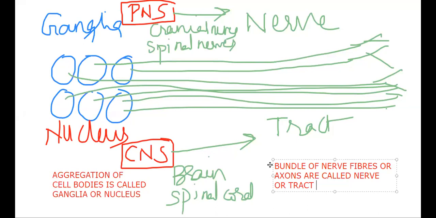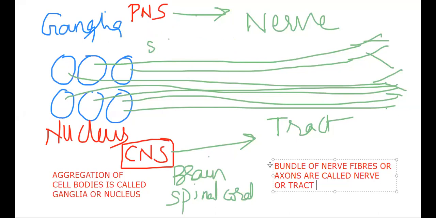Or else we can say the somatic and the autonomous nervous system in total. Why should we write like that? Not only cranial nerves, not only spinal nerves, but the total area, because in the autonomous nervous system also we frequently use the word ganglia. That means aggregation of cell bodies. Then the word tract will be used only in the case of the brain. So this is another basic.